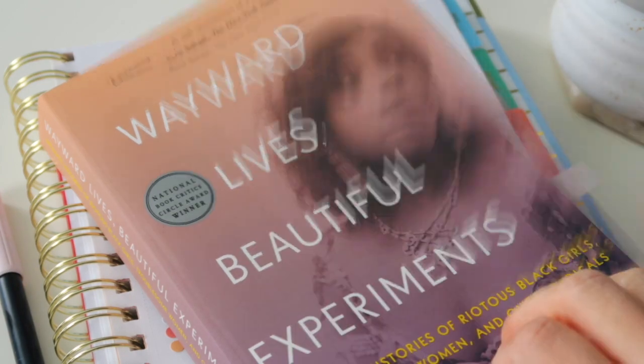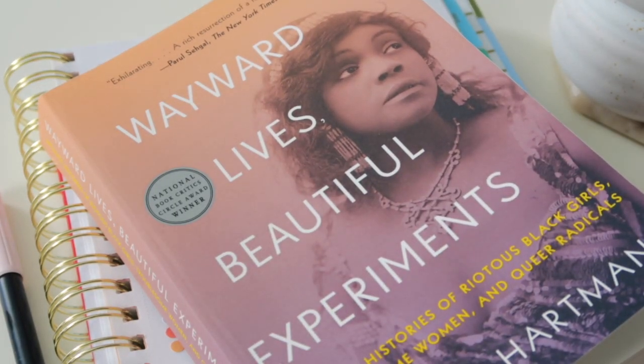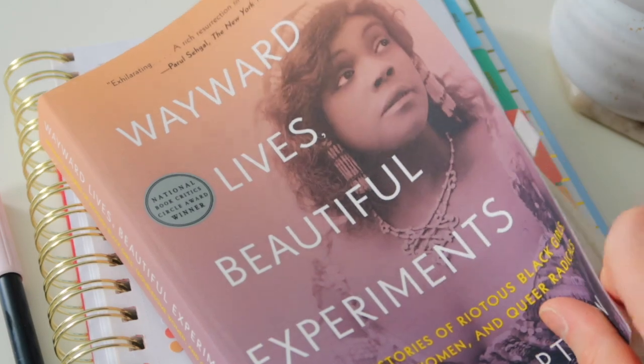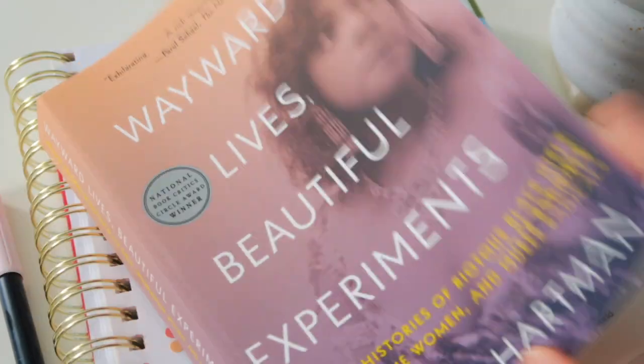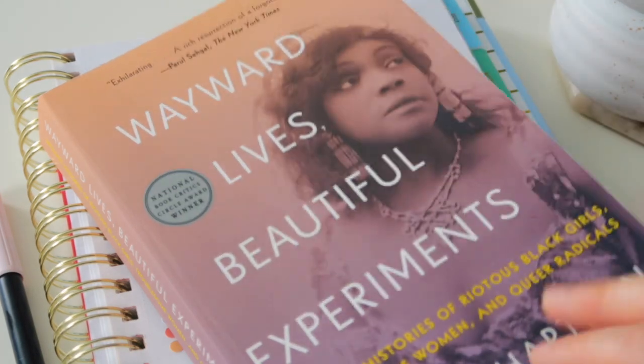I'm going to film like a study with me video, similar to a reading vlog, but where I'm taking notes and then highlighting things and sharing takeaways and lessons. And I actually started reading this already, as you can see, and I am loving the way it's written. But this is a nonfiction book. It's a history